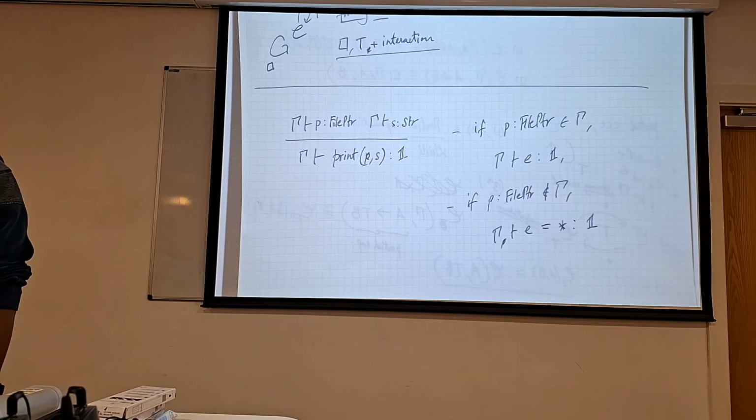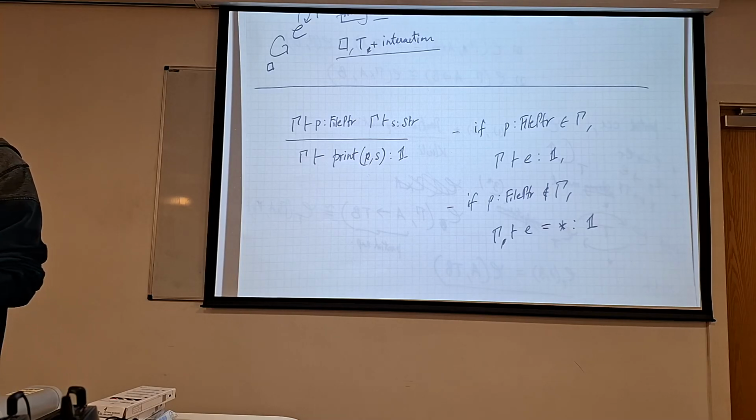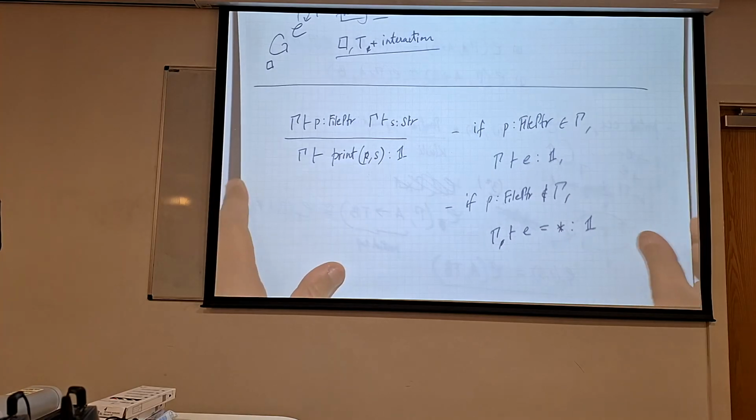So there is some way in which capturing variables in my typing context should be a way of distinguishing pure and impure computations. And if I set up my typing rule for effects in a way that allows me to make this distinction, that would be a really cool thing to have, right?